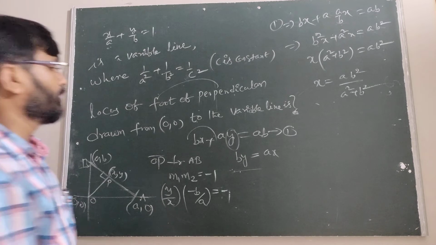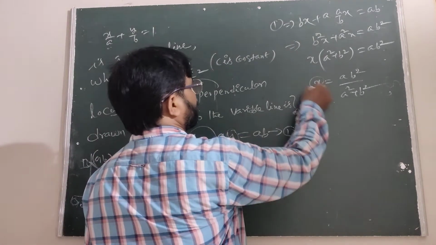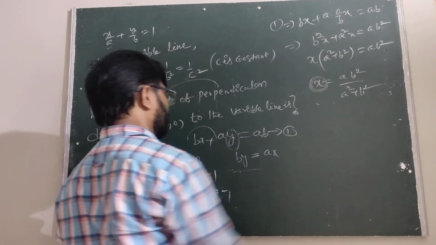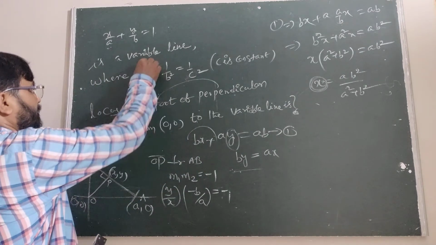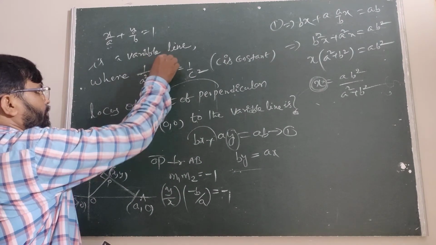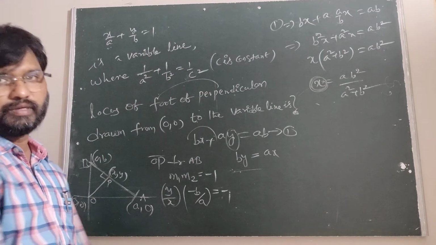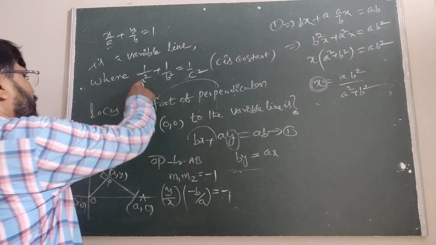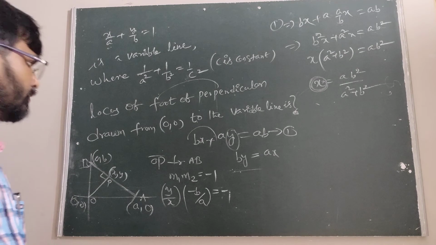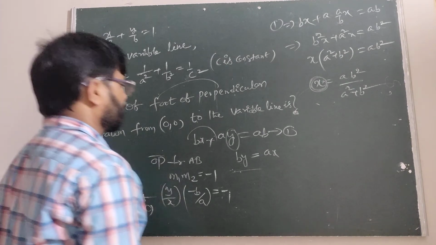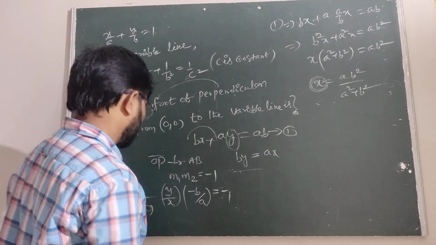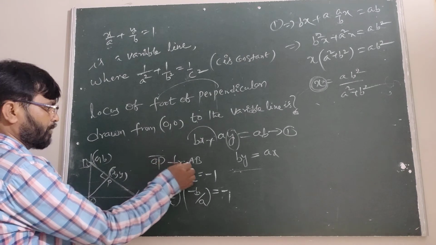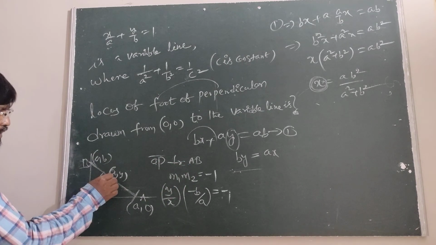But here we got x, but y is not there here. The condition is given that 1 by a square plus 1 by b square. Therefore, we have to find only the a value. Listen here: when OP is perpendicular to AB, the slope is